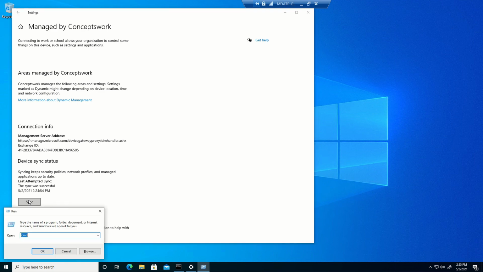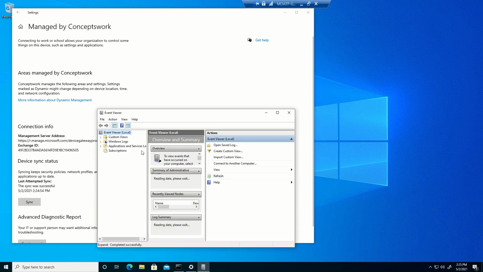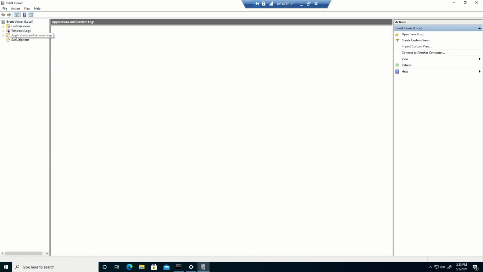Okay, so without any delay, let's quickly open event viewer and go directly to that particular folder, in terms of figuring out what exactly is wrong or why this device was not onboarded in the first go itself. Okay, so I've opened event viewer. I'll go to application and service logs. I hope it should not get stuck this time. It should just open,